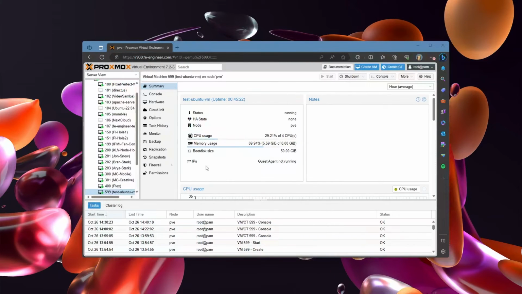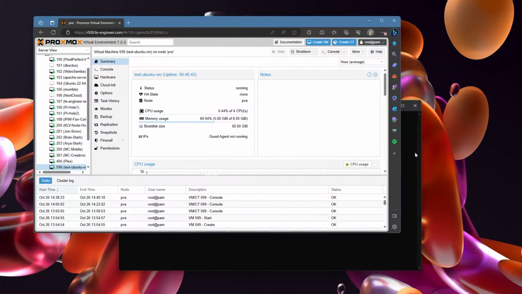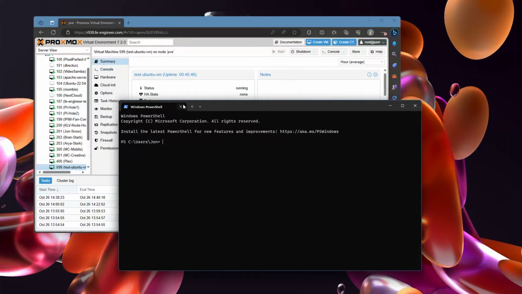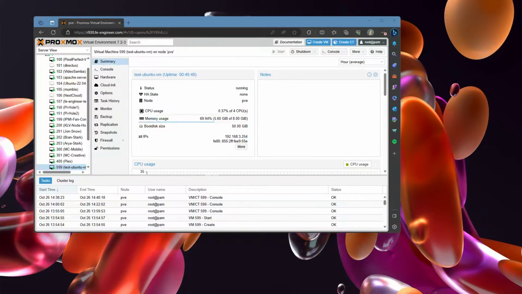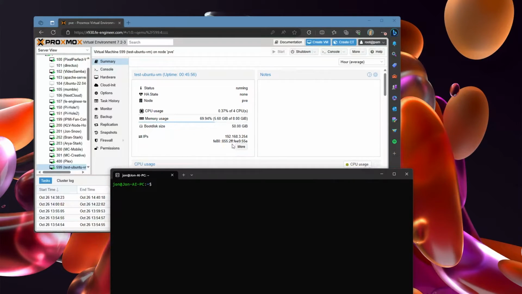With that, I'm actually going to close down this terminal. You'll see right here it says guest agent not running. It should pop up and start running here in a second or two. PowerShell, that's not what I want. So now you'll see that the qemu guest agent is up and running, and it shows the IP